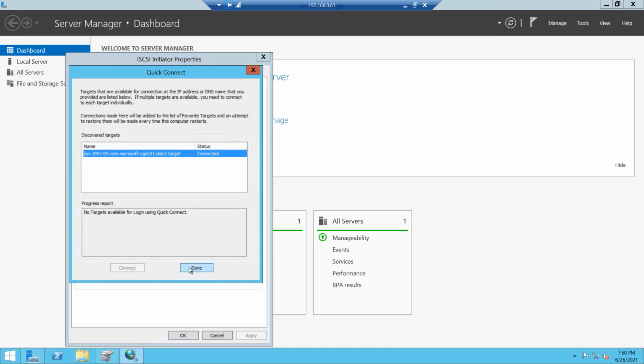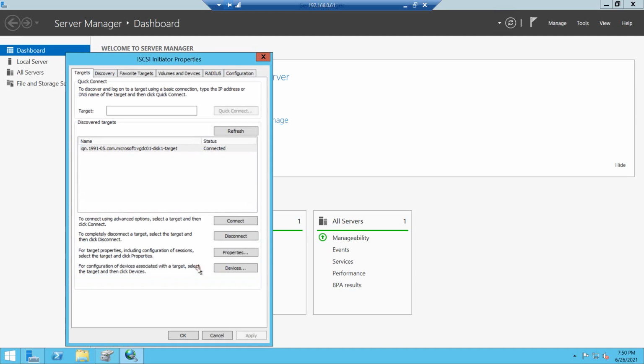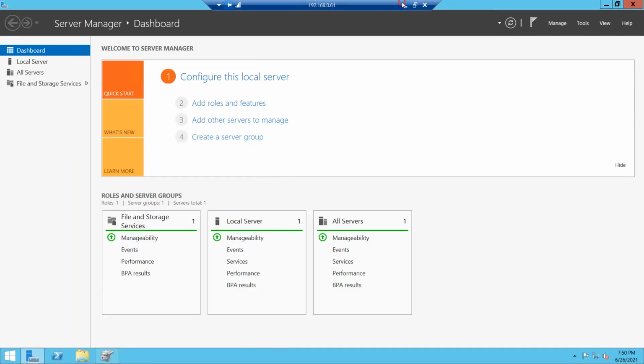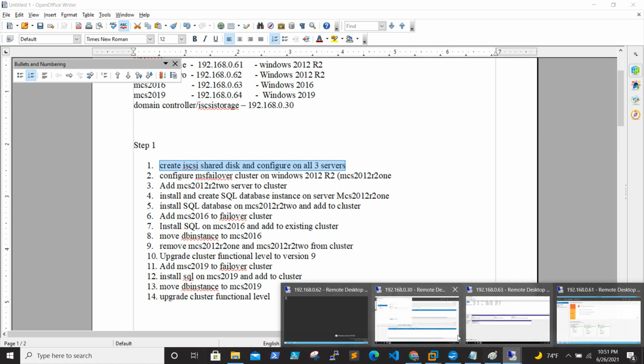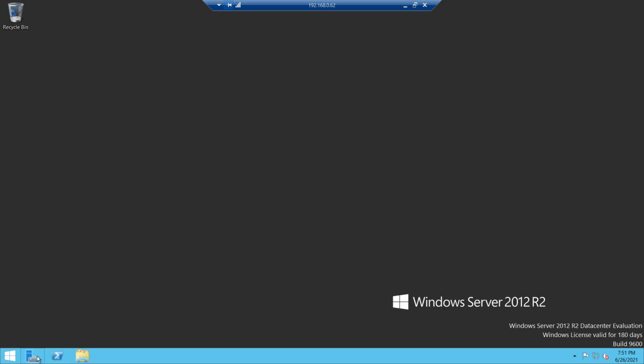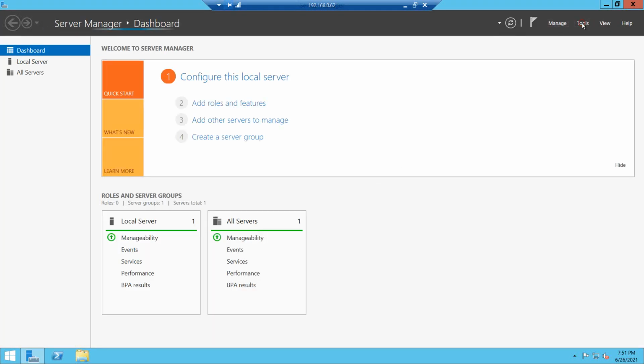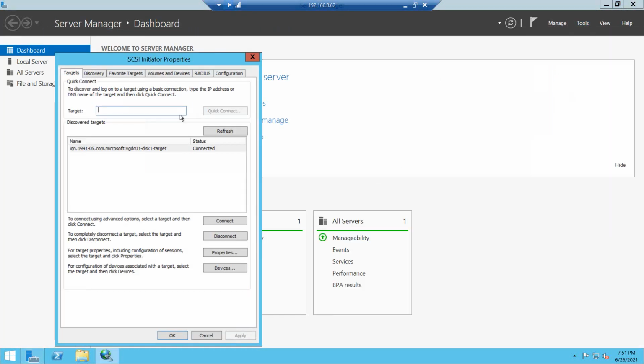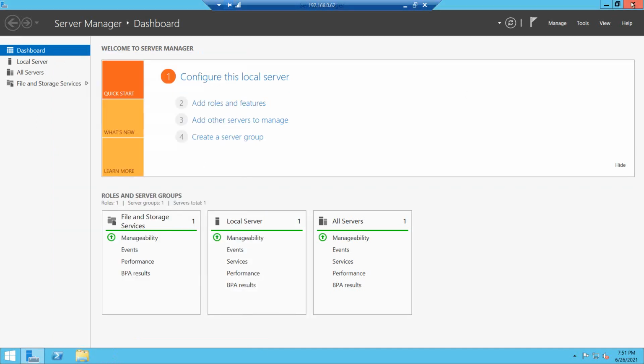Once you click it, it's connected. Click OK. You need to do the same on all three servers, which I have already done, but I'm showing it for you. Go to Tools, iSCSI Initiator, and give the IP. It's already connected, so no need to give it again.